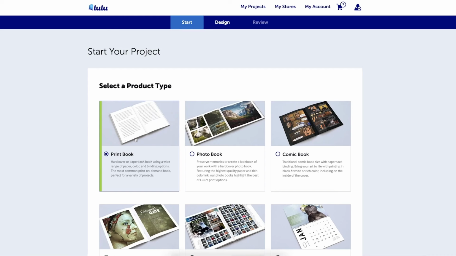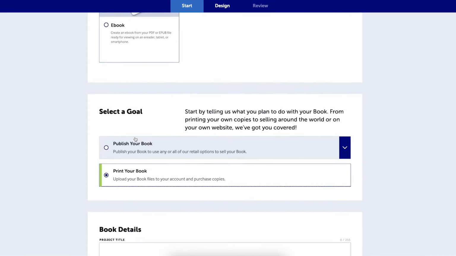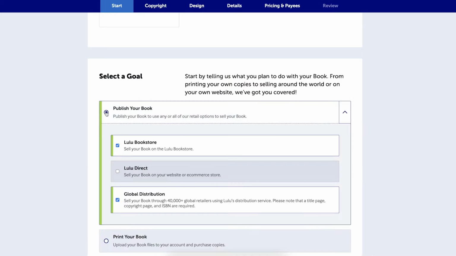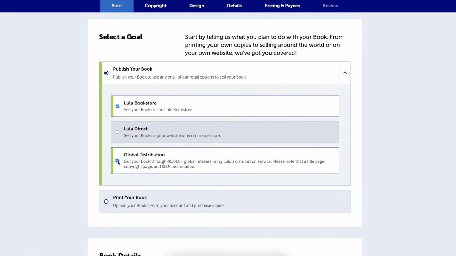Lulu collects metadata for your book from different points in the publishing process. Let's take a look at our book creator tool to see where you will begin to input your metadata. On the start step, you'll select a product type and goal. Metadata is only applicable to books in retail distribution, so we'll select Publish Your Book and make sure Global Distribution